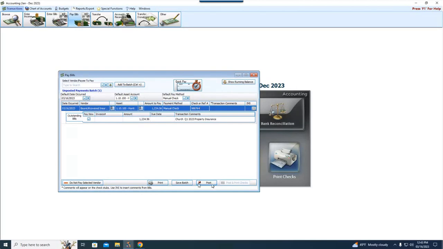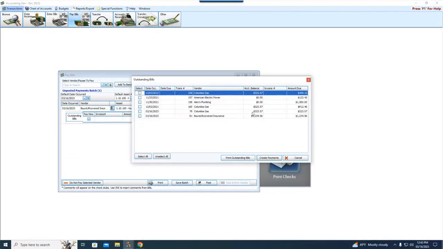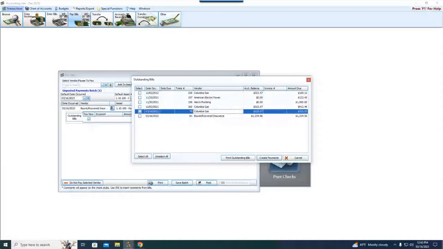All right, so the third and final scenario that I'm going to talk about is under View Outstanding Bills, my Columbia Gas bill, $357. Not really an amount that I wanted, but if I have one bill now for Columbia Gas and I